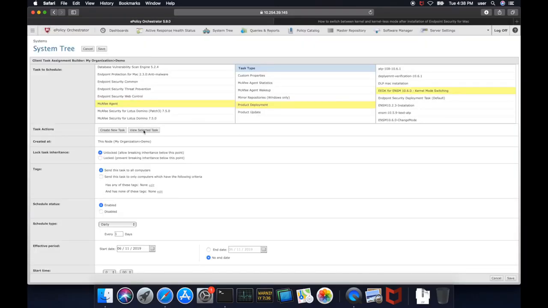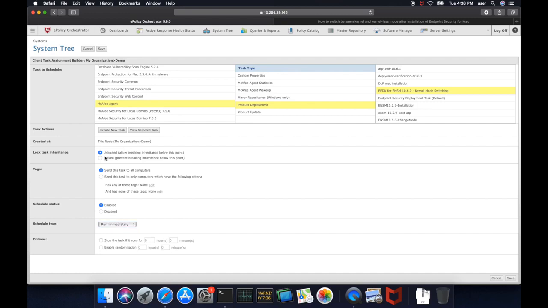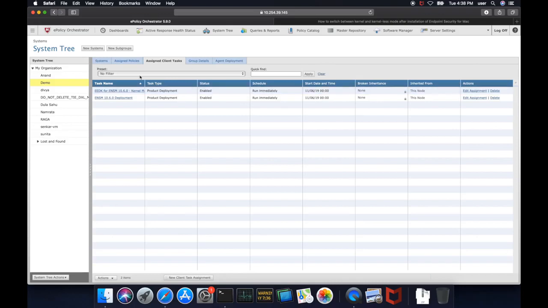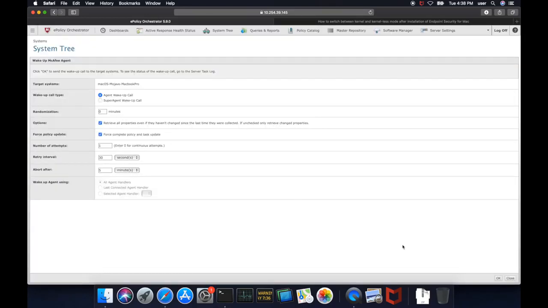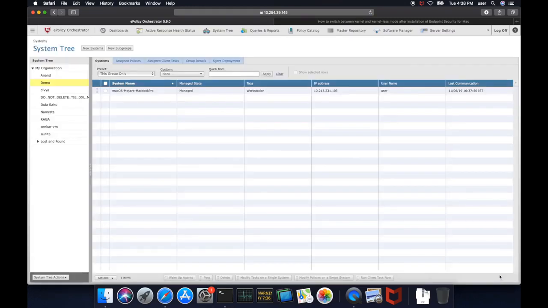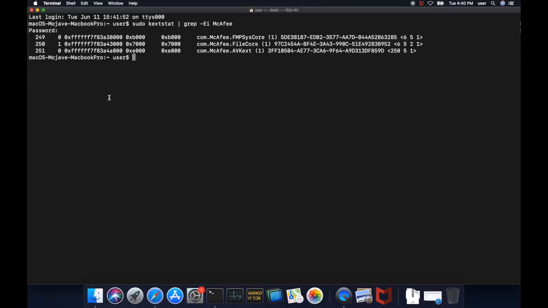Now that we have created a task, let us enforce this task to the endpoint through an agent wake-up call. Now that the AADK package got deployed and executed on the system, when we run the kextstat command, we should not see any of the kernel extensions being loaded on the system.